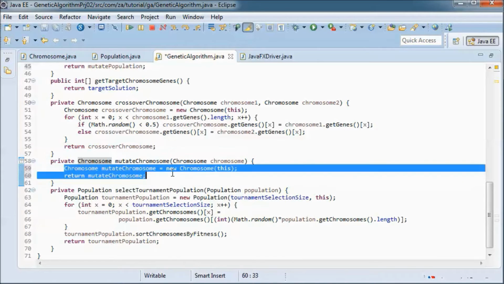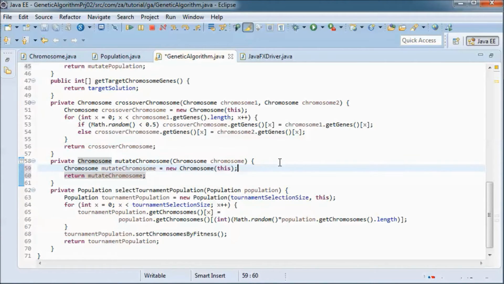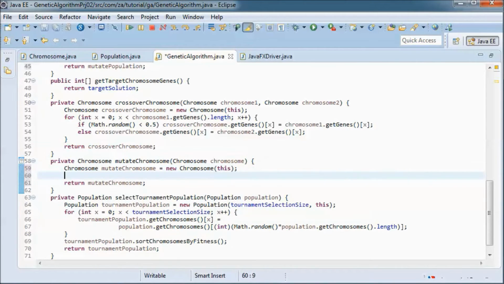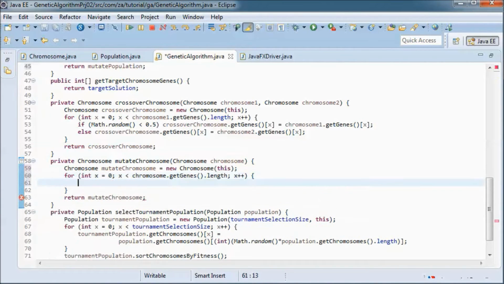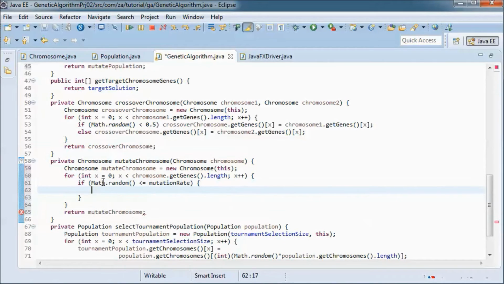So we'll instantiate a new chromosome and return it. But before that, we will loop through all the genes in the passed in chromosome, and if Math.random is smaller or equal to the mutation rate, then we'll perform mutation.